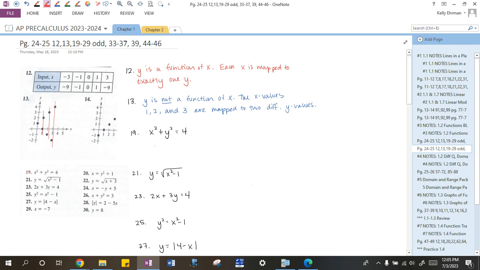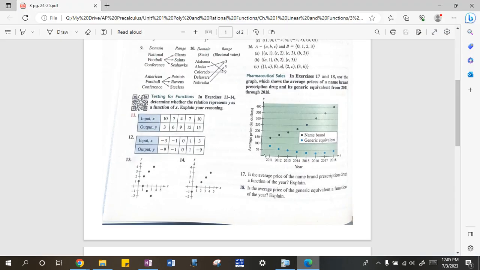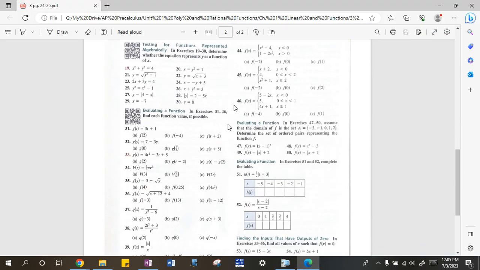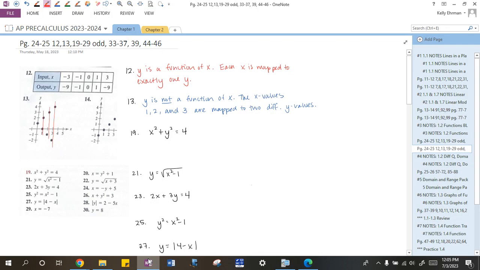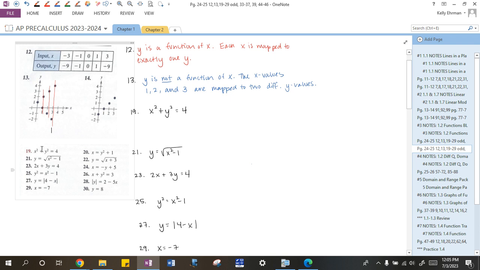And then for 19, we're not given the same directions for 19 in this section. Excuse me, determine whether the equation represents y as a function of x. We're just not given the graph this time. You're allowed to picture the graph if you'd like. This is the graph of a circle. A circle would fail the vertical line test. We're not allowed to cite the vertical line test for our AP exam though, so I would say y is not